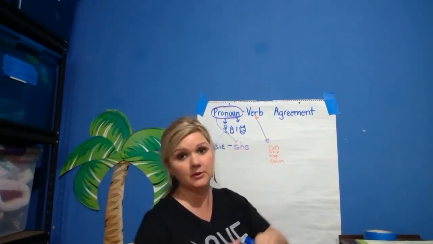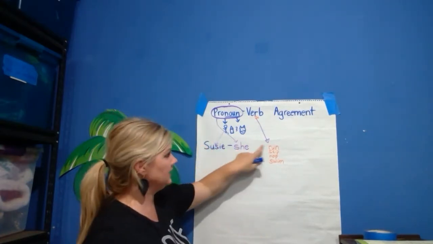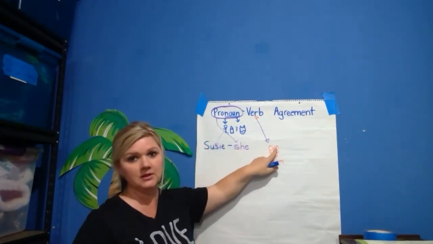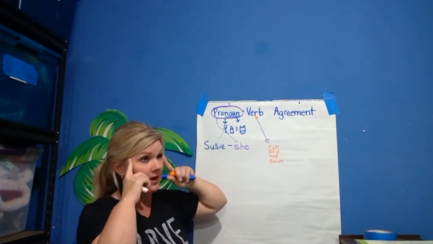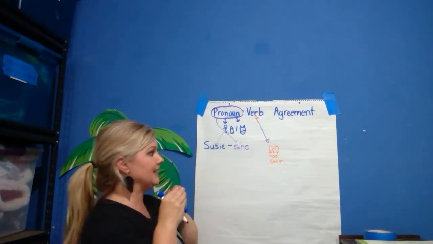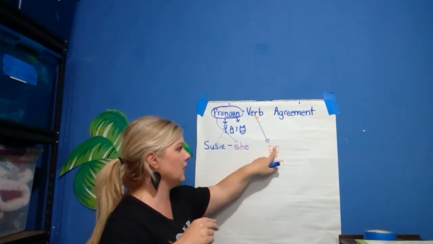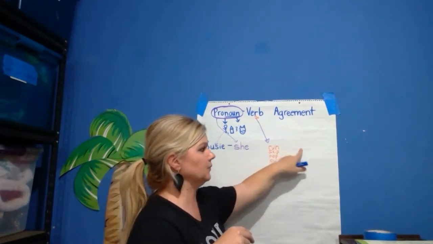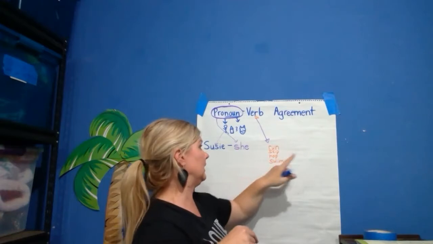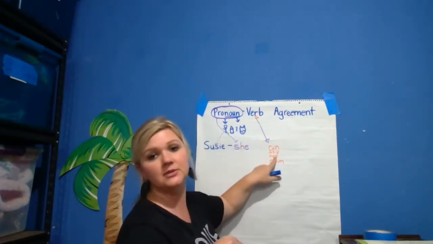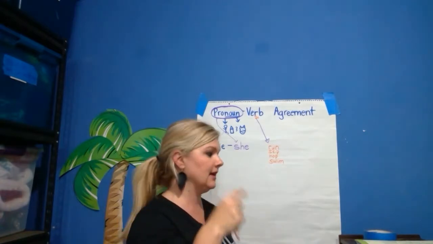And agreement, we know what agreement means. You agree with it. So if I were to take she and one of our verbs, it won't make sense. I want you to think that the way they become an agreement is adding an S to our verb. So instead of saying she run really fast, we say she runs really fast, or she skips quickly, or she hops. So what do you hear me saying? I'm adding an S to the verb.